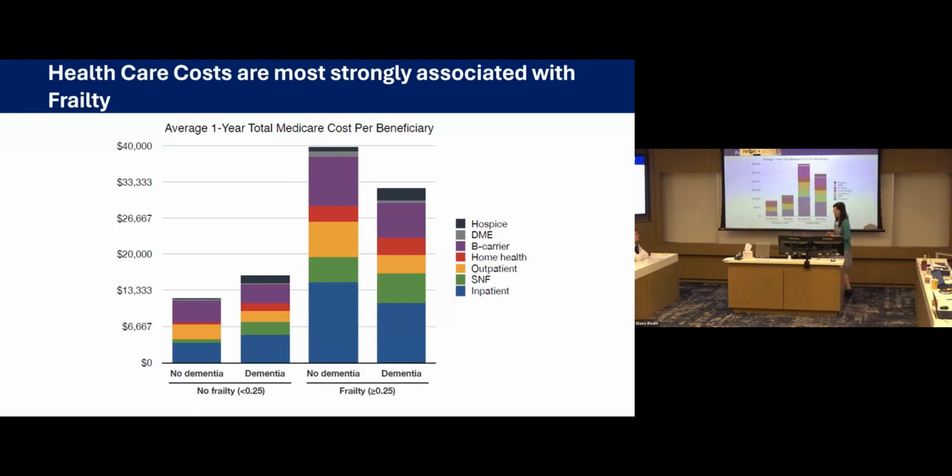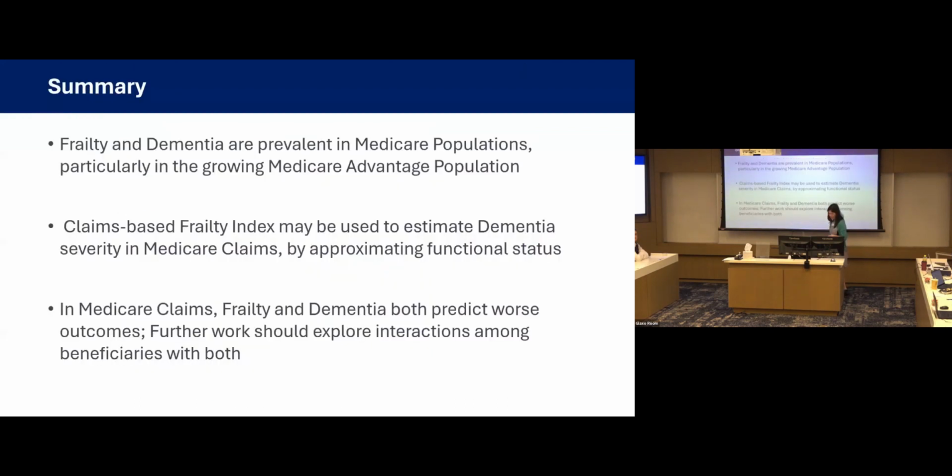The other possibility is that you have to think about, well, what are the drivers of frailty? Why is somebody frail? If somebody is frail with dementia, then it might certainly be the dementia that's driving their frailty, their poor physical function, et cetera. If somebody's frail and doesn't have dementia, then their drivers are probably more likely to be things like cardiovascular disease or maybe cancer. And those tend to be very high cost drivers of high costs in our healthcare system as a whole. And so it might be reflecting some of the difference here.